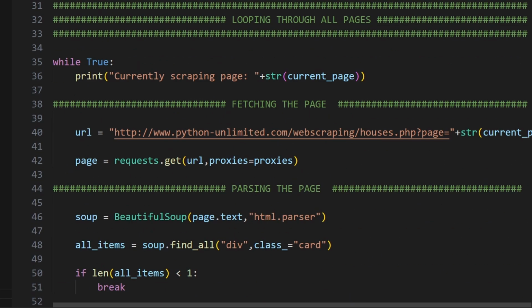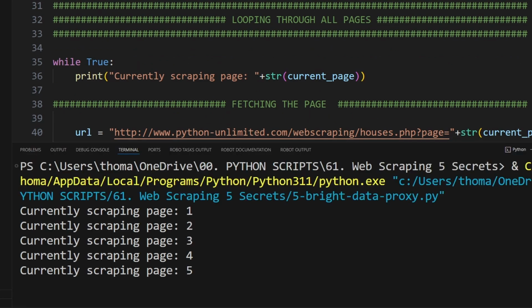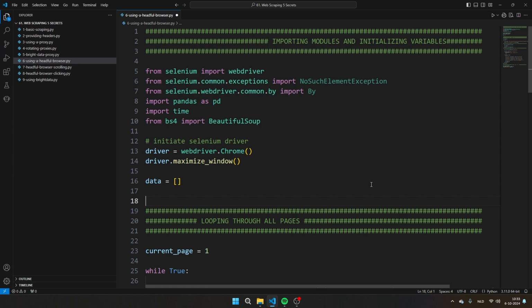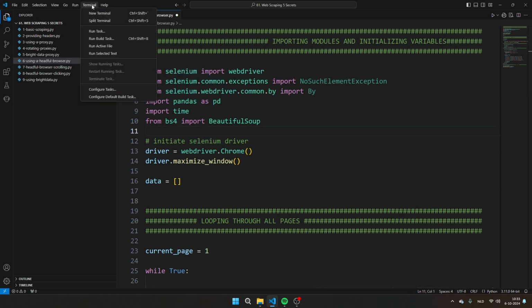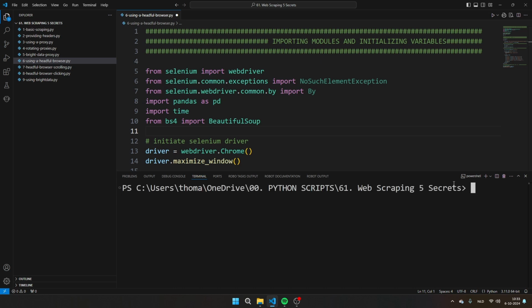So let's try that out. In this script, we're not just going to make a request to a website and then get back the HTML, but we're going to start a real browser. And because of that, we also need a new library, and that's the Selenium library. So navigate to terminal, new terminal. Then I'm going to type here pip install